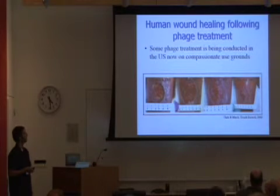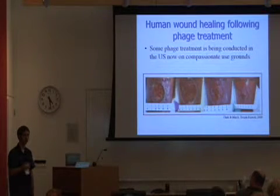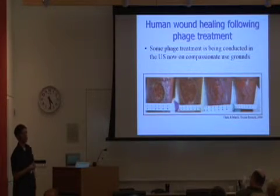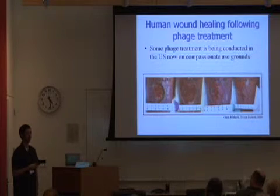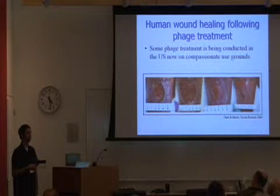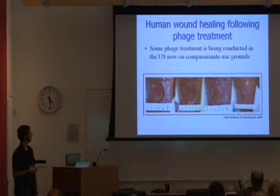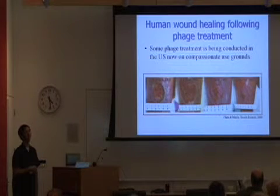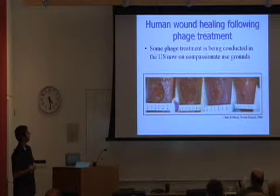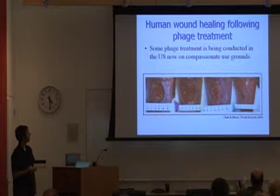And so he treats mostly people with, say, diabetic foot ulcers, these kinds of things, which tend to not heal well, and also tend to be colonized with antibiotic-resistant bacteria. And these can be very long cases. So this particular person had already undergone antibiotic therapy for this wound for a year, and it still looked like this. So after phage treatment for a few months, you can see the granulation, this granular tissue forming in the